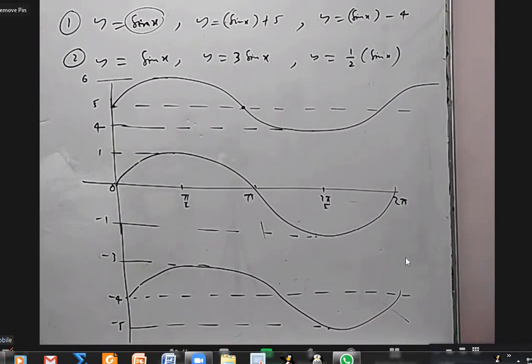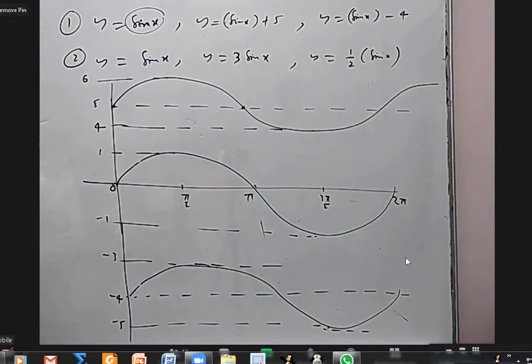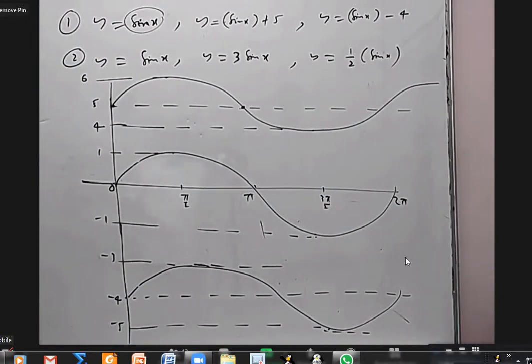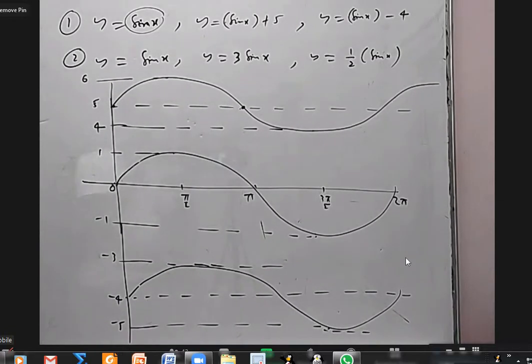Sir, this concept is like a translation, as if we bring the coordinate axis to that -4. Yeah, actually I need -4. Patnaik sir will teach all these graphs once again before calculus, but still I am teaching because I need them for trigonometry. I can't wait till that time.